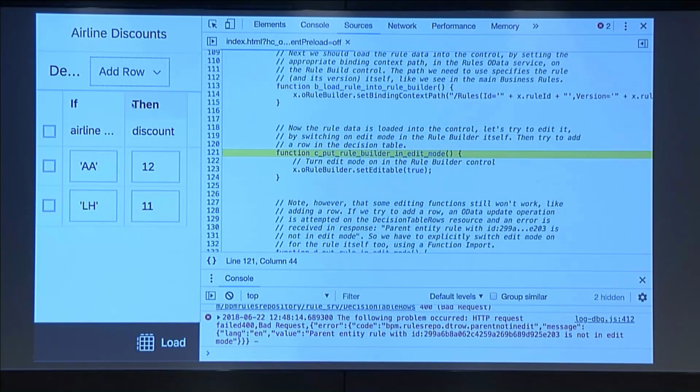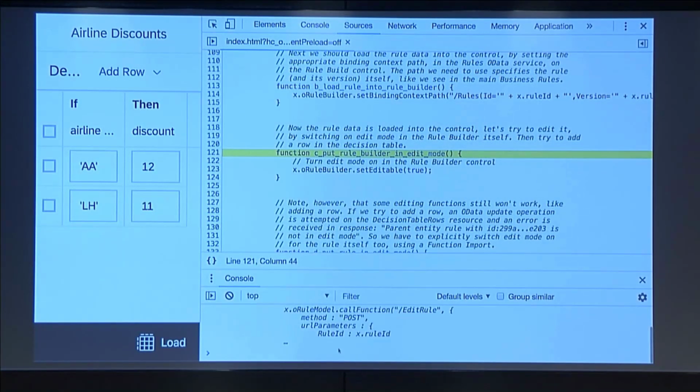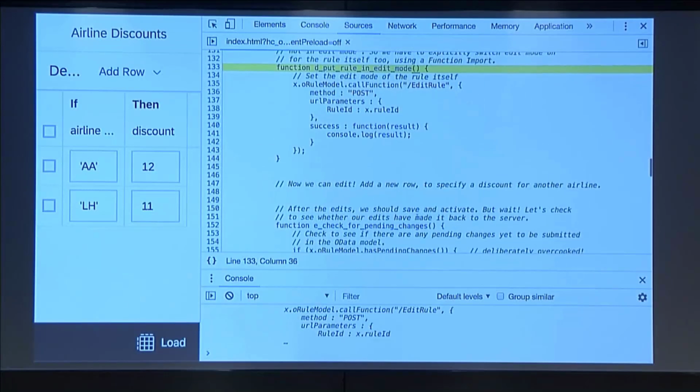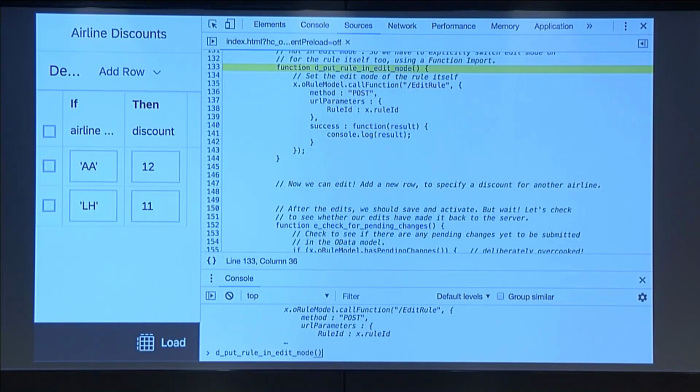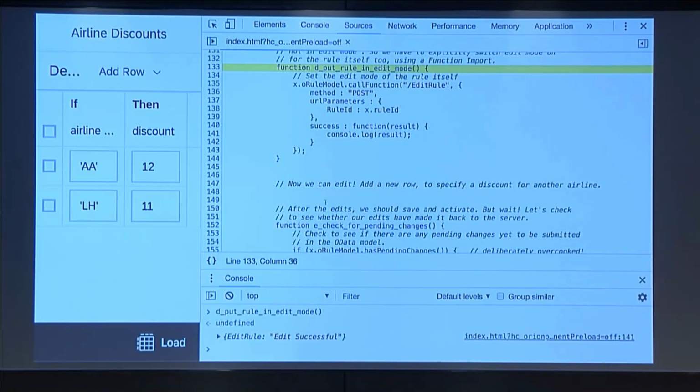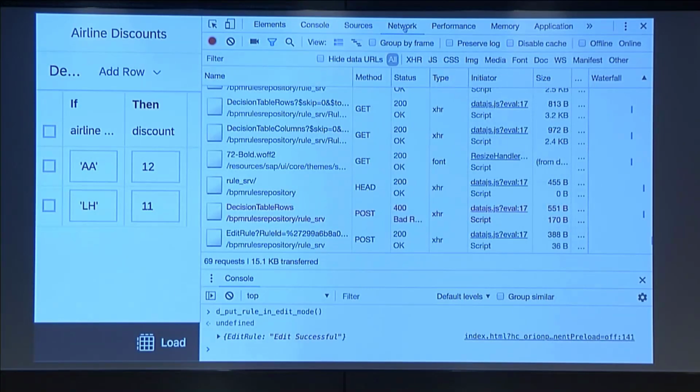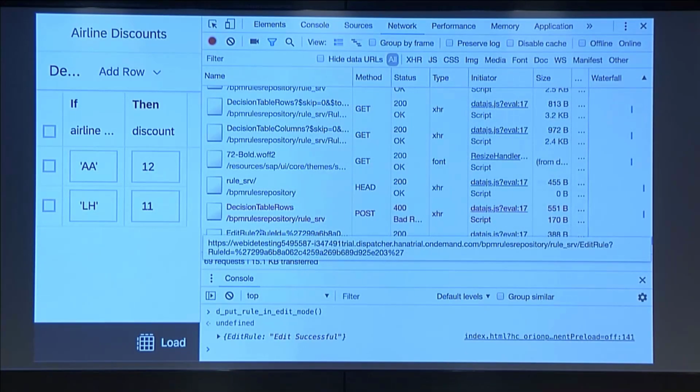So let's fix that. D, put rule in edit mode. We're using one of these 57,000 function imports in the rule service OData model. Okay, no, not that many. And the function is called edit rule. Okay, so that's fairly okay. And we specify the rule ID, so let's run that. Edit successful. That means switched into edit mode successful. So there's the call to the